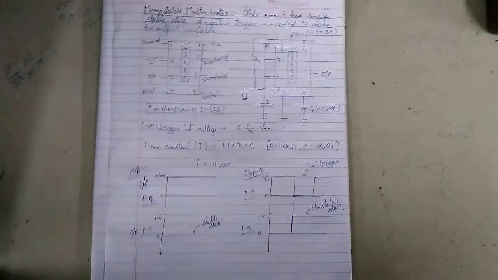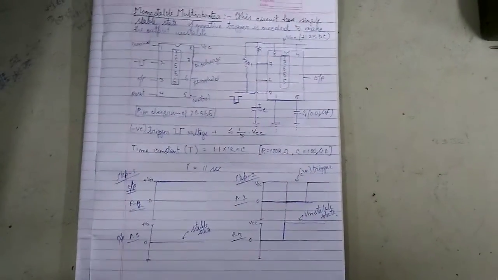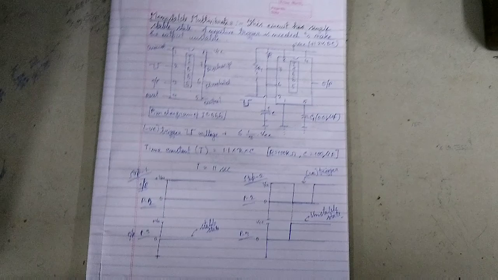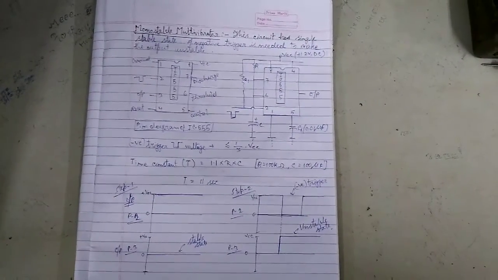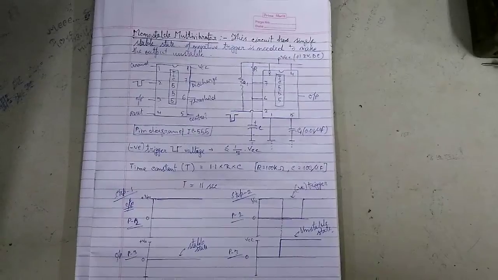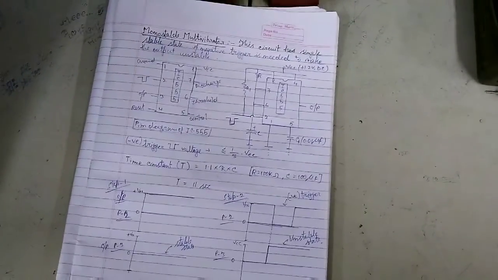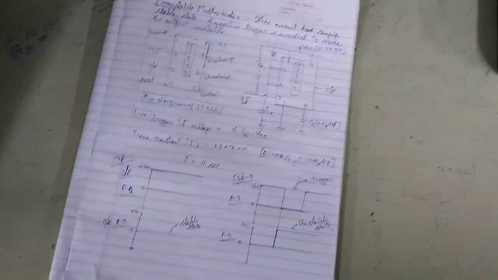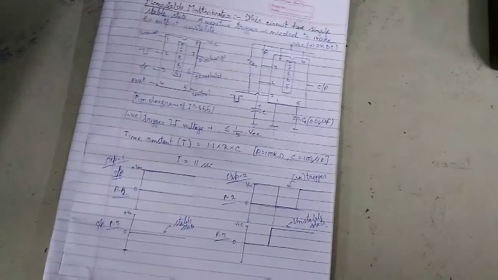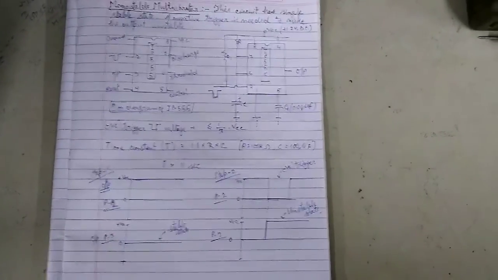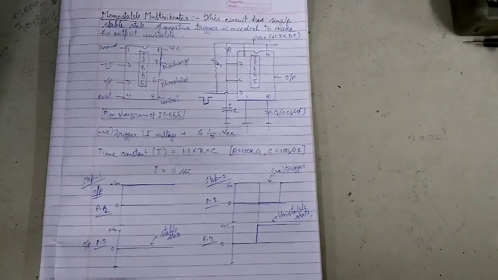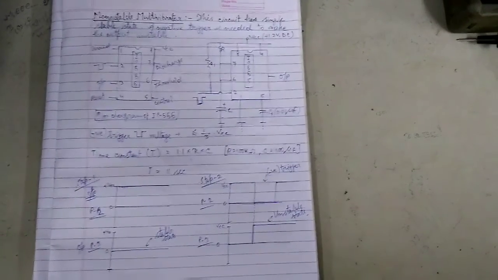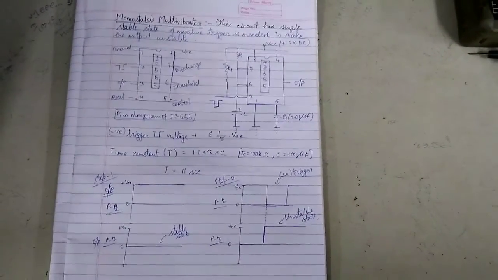So this is monostable multivibrator, and the application of this monostable multivibrator, you can say a doorbell. When we press the switch of doorbell, the doorbell remains ringing for some time, and it remains off after some time, say 5 or 6 seconds. And I will show you one more application of this circuit, that will be an automatic night lamp. I will be showing that.